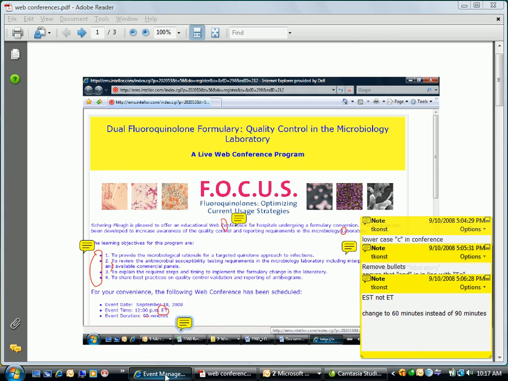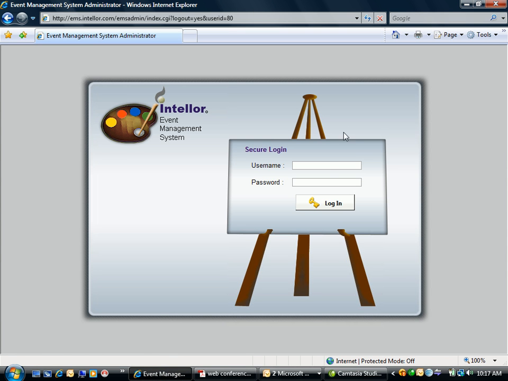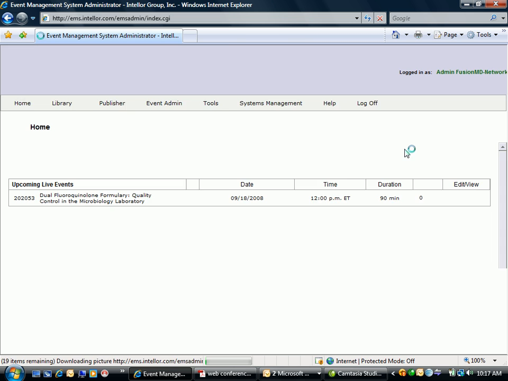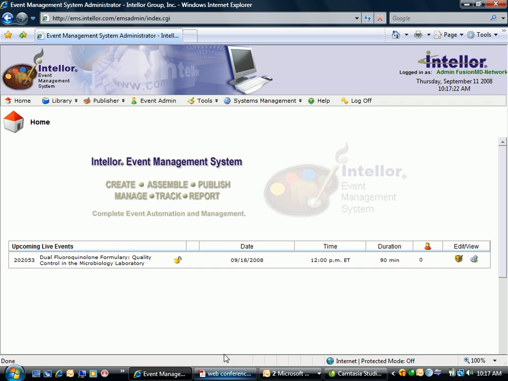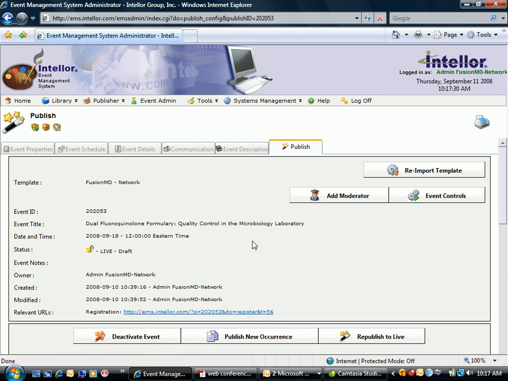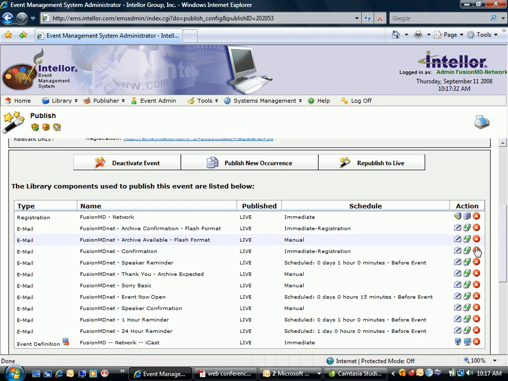So now what I'm going to do is switch over, and I'm going to log into the EMS system that they're built on. And in this case, it's Fusion MD Net Admin, and so I log into the EMS, and you can see the event we're building for them right here on the main page. So let's click on the edit icon, which will take me to the last tab of the publish,